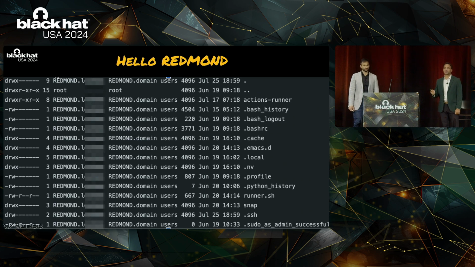If anyone's familiar with Active Directory, this output showed that the self-hosted runner was actually joined to Microsoft's Redmond domain. As far as I know, Redmond is one of Microsoft's largest and oldest domains. I think it was created in 1999. And what's worse is we now had code execution in the context of a senior developer working at Microsoft. So this was definitely a surprise when we looked at the build output.